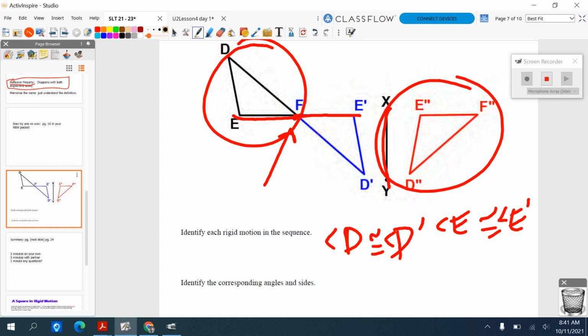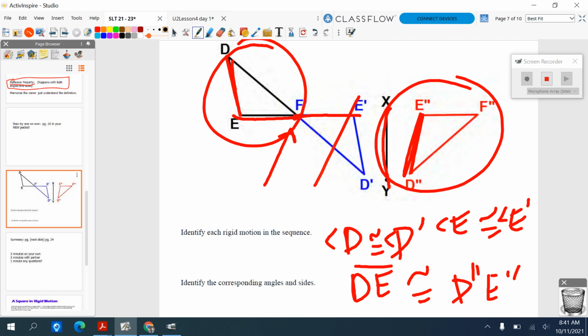and F prime. And then you have line DE and D prime E prime, and you'd have to write it like that. So DE is congruent to D double prime E double prime. And I just realized I made a mistake, you're not talking about this one, you're talking about the end result. So all these should have double primes on them. Okay. And last,